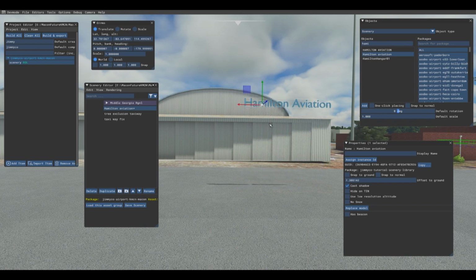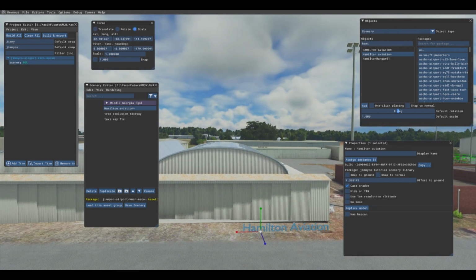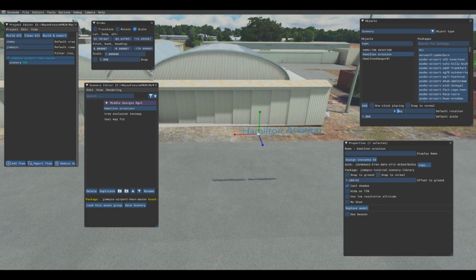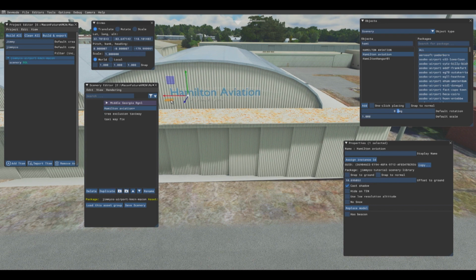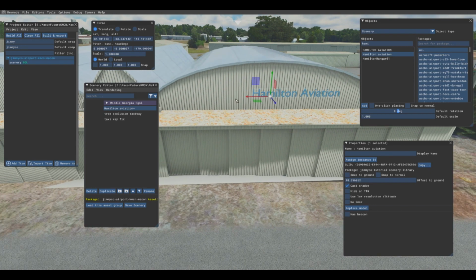And we can bring it over and place it on the front of this hangar here. Put it until it just begins to disappear. You can see that right side has disappeared first, so